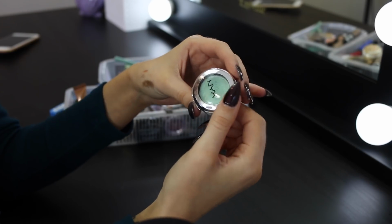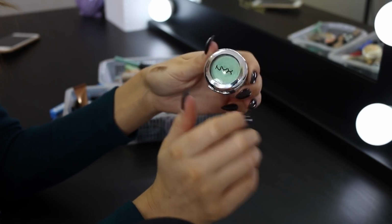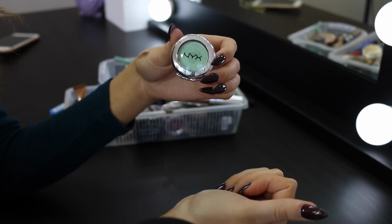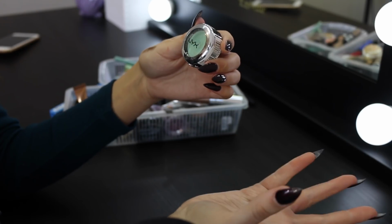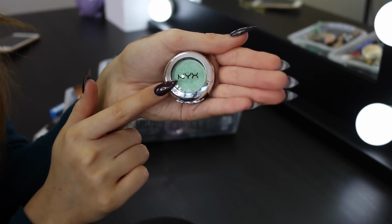Next I've got a NYX eyeshadow here. This one's in the color Mermaid. I have used it before, but I just don't feel like I use it enough. I'm wondering if I should get rid of it or keep it. I think I will keep it for now just because